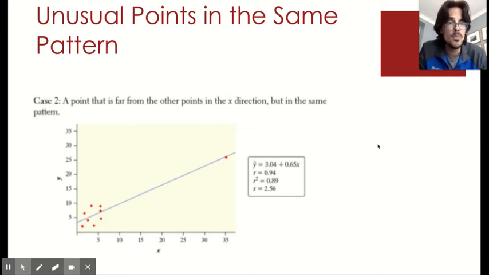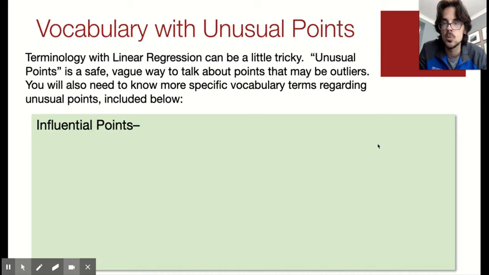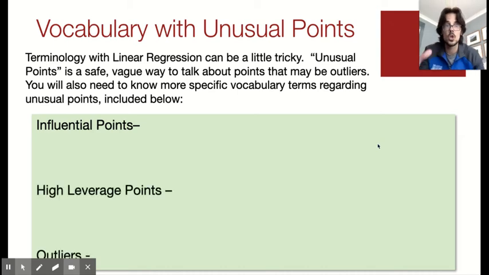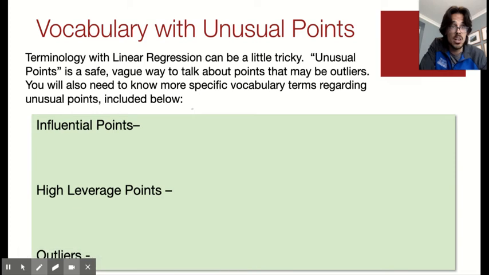But we have different vocab concepts for these, and they do different things to our equation. Let me go ahead and give you those three terms that you have to be familiar with. The first one is called an influential point. An influential point influences our existing stuff in some way. So an influential point, adding or removing it,